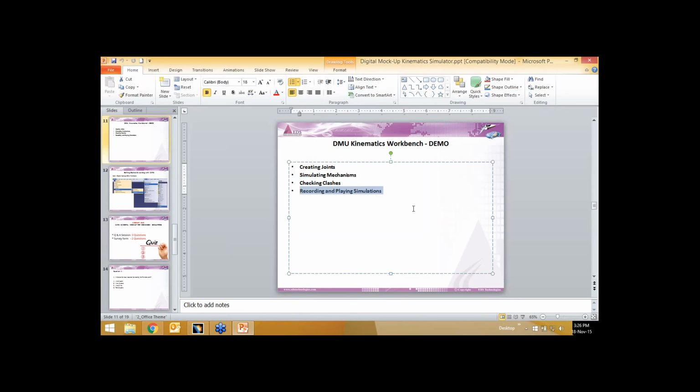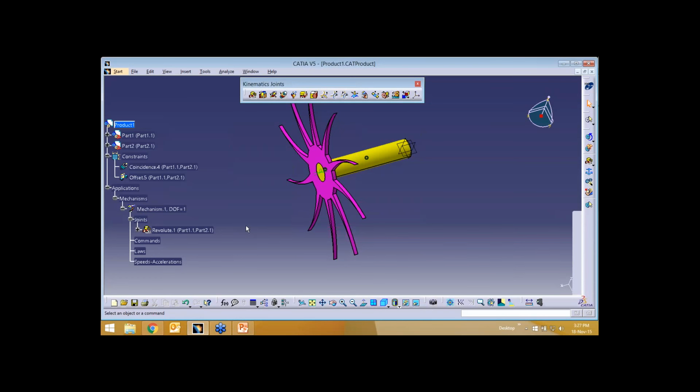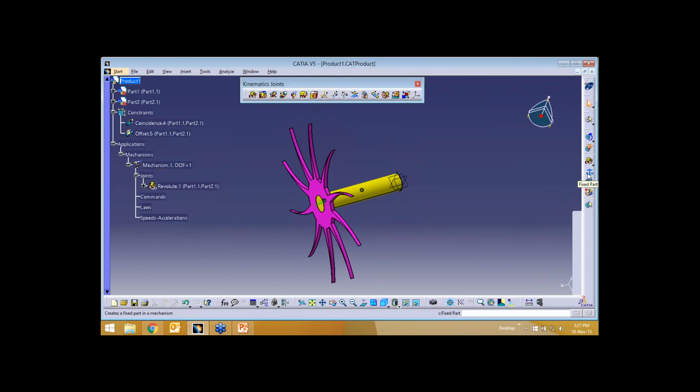For making that 0, you need to tell the system that I'm going to fix one thing and I'm going to revolve or apply an angular revolution joint. To do that, we have a command called fix command, and I'll select that. Now I'll say this is my shaft which is going to be fixed, and my other part is going to revolve according to my revolution joint.